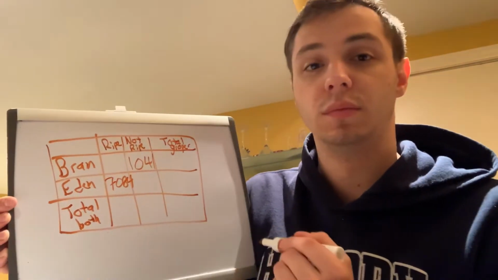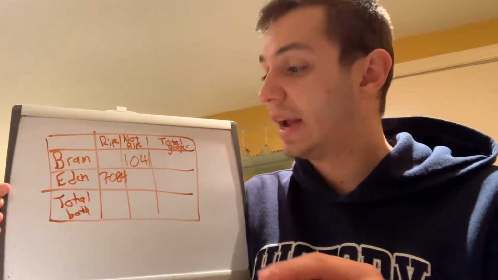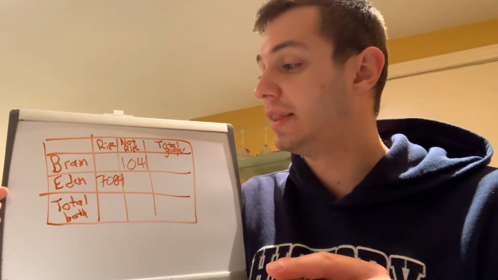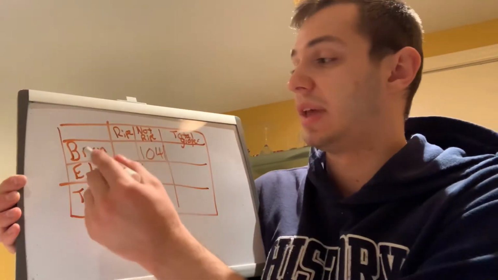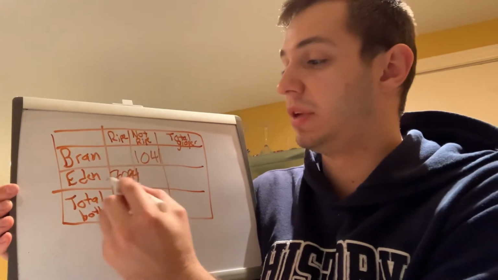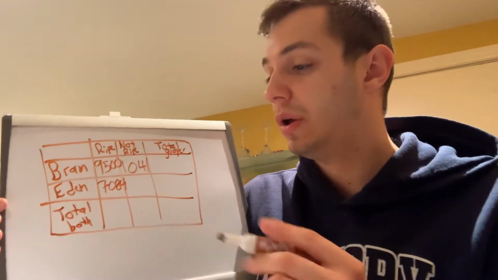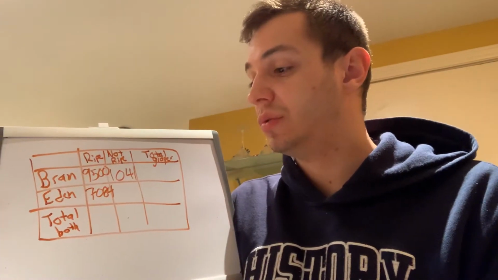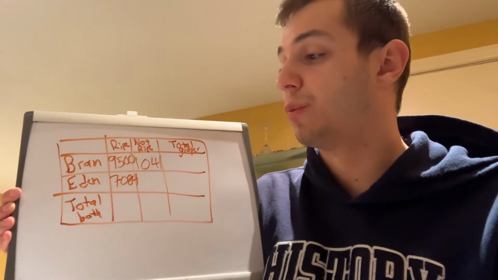7,084. My next fact, fact 3, tells us in Brandon Vineyard, there were 9,500 ripe grapes. So once again, I'm going to look for Brandon Vineyard, my ripe grapes, and it's going to be 9,500. So now what we have to do is read fact 4. In Eden Vineyard, there were